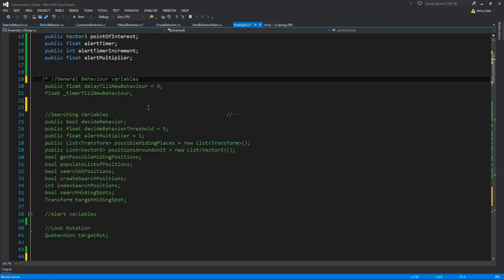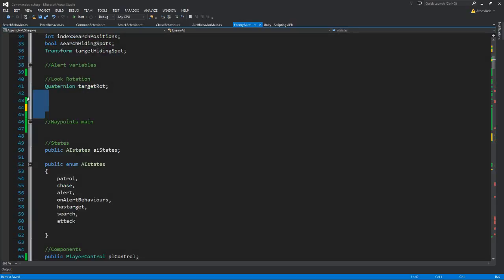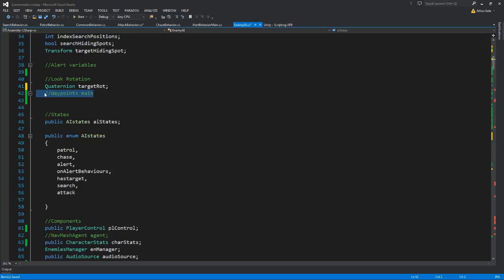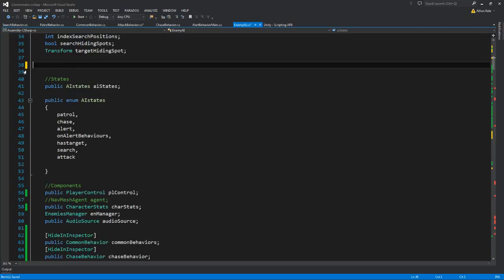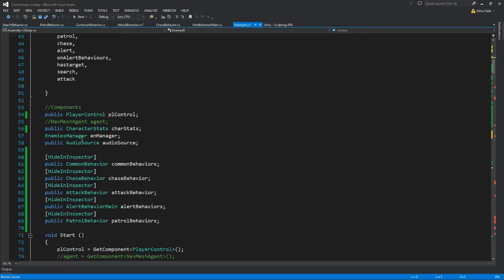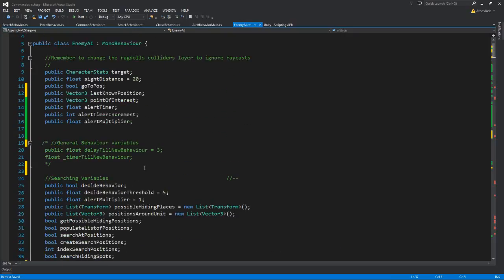We shouldn't be using this anywhere. Okay, AI states. Target rotation, I think we're not using it anywhere either, so let's delete that. It's going to show if we have errors, so do not worry. And we also had an audio source which I cannot find right now,